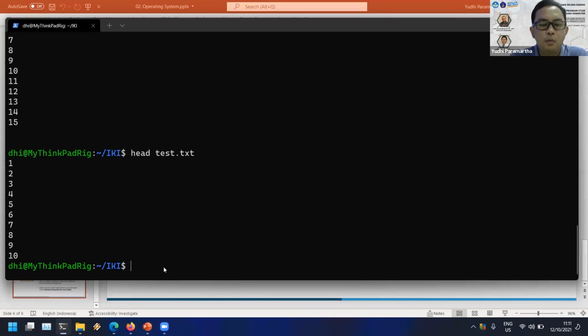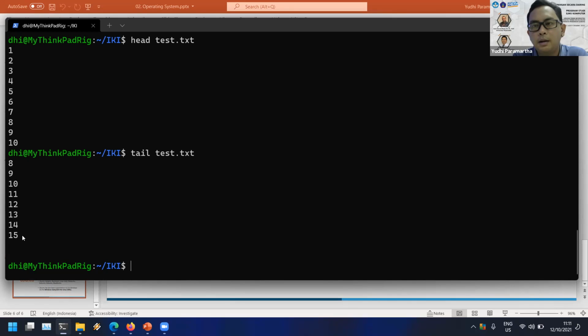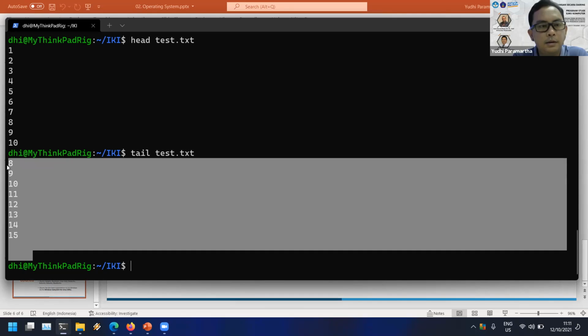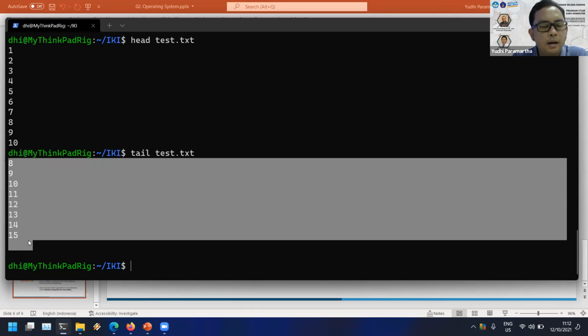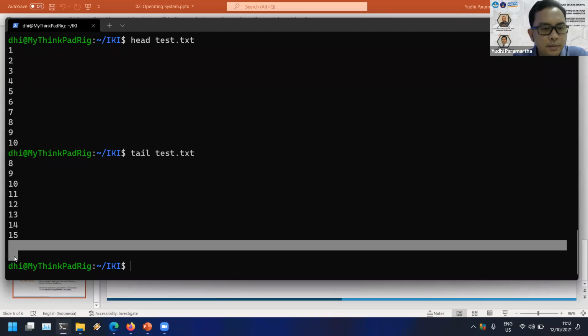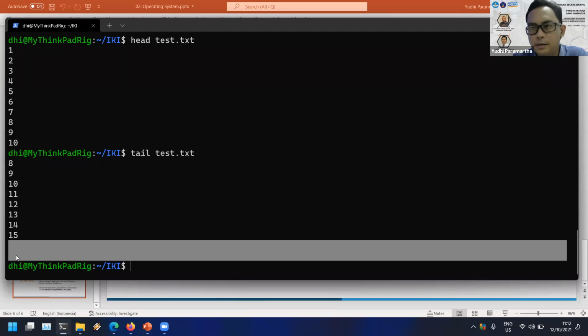Okay, and then when we use tail, it will give you the 10 lines from the bottom. Okay, so this is only 10 from the bottom.